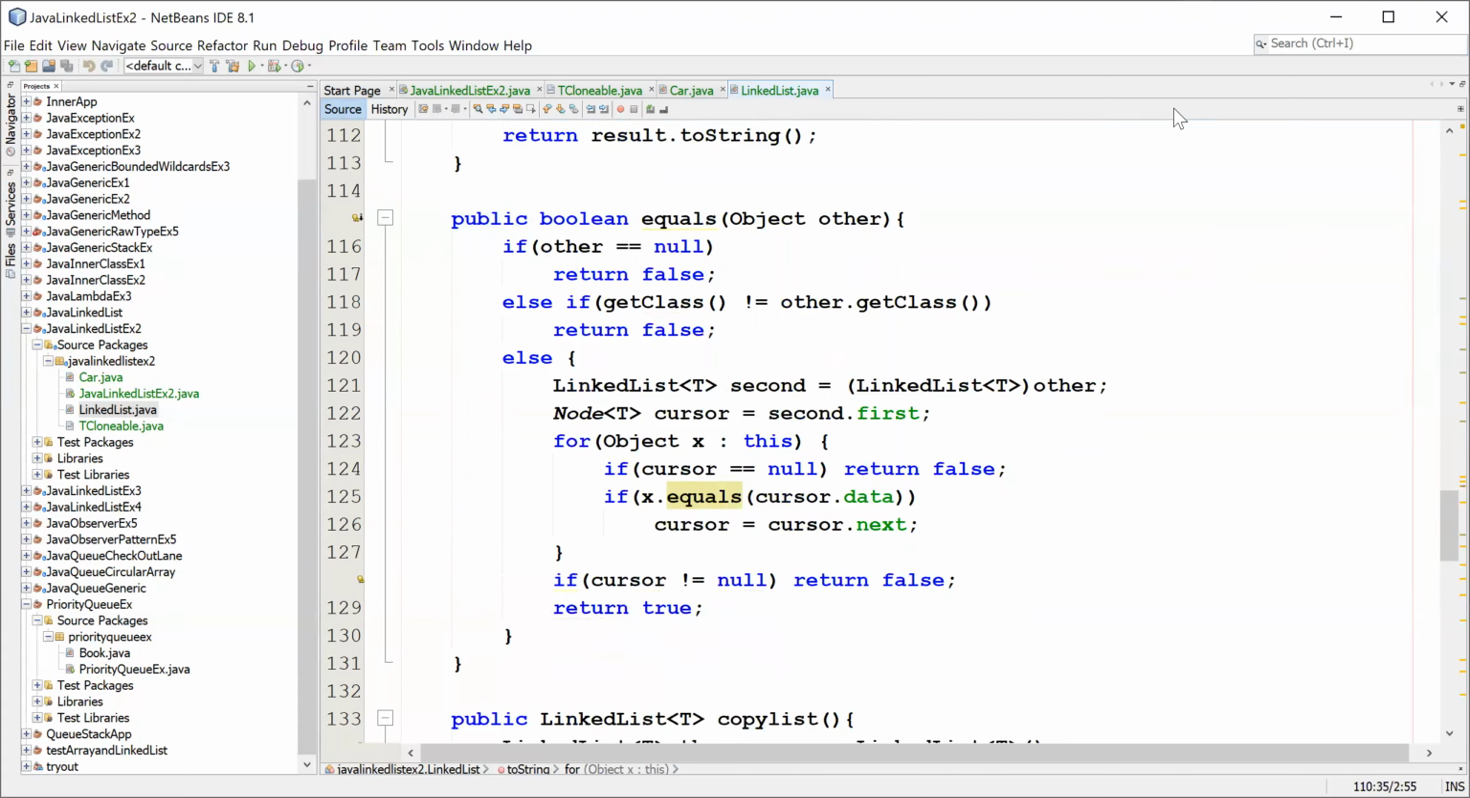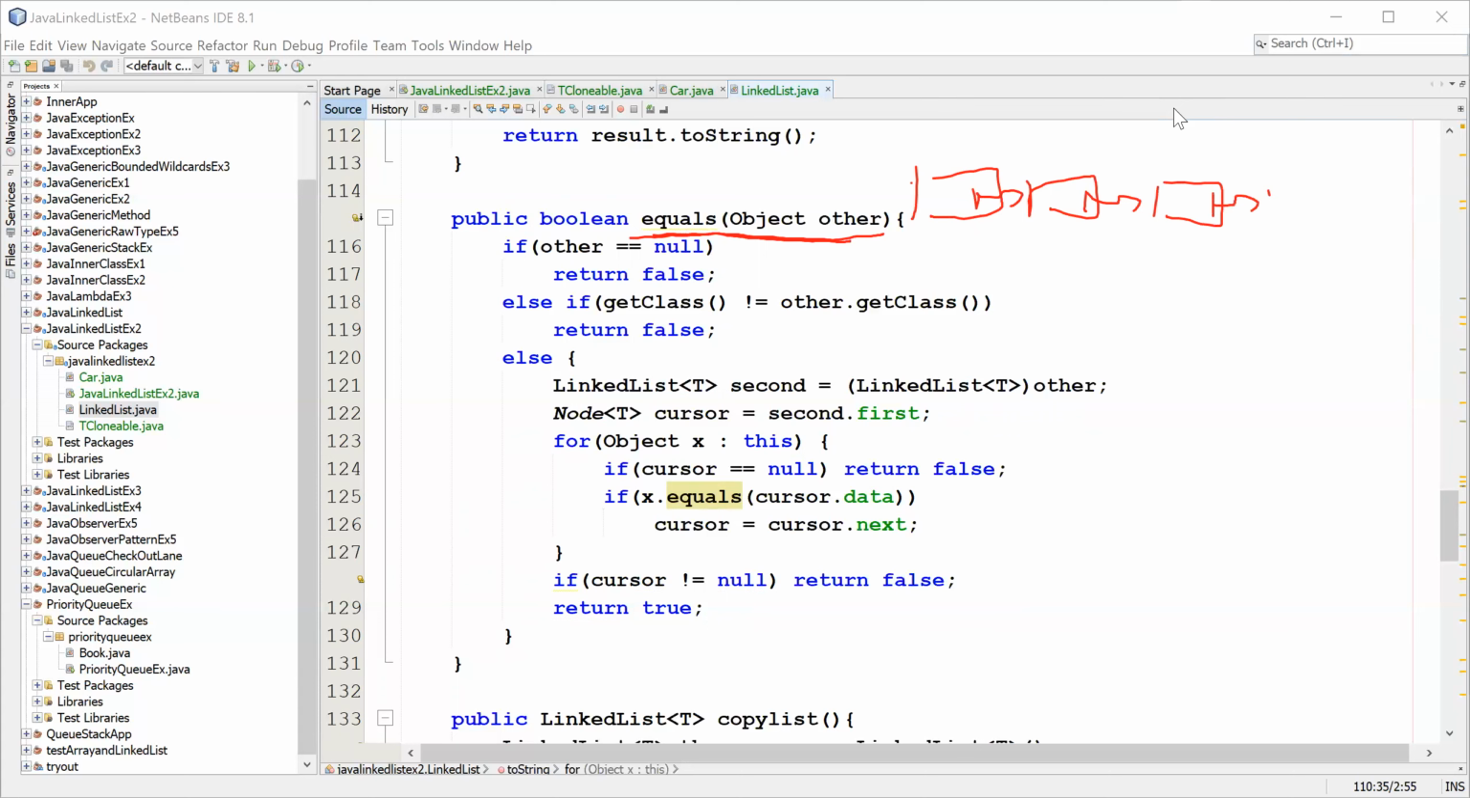Okay, then let's see another concept here. We also implement a version of the equals method. So what this equals method means, if you have 2 linked lists,